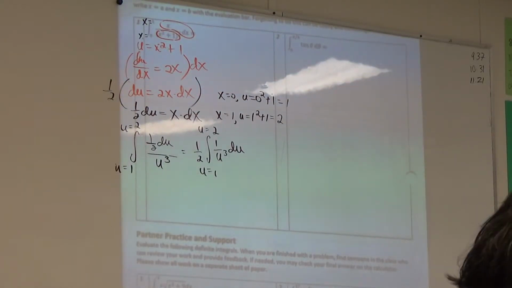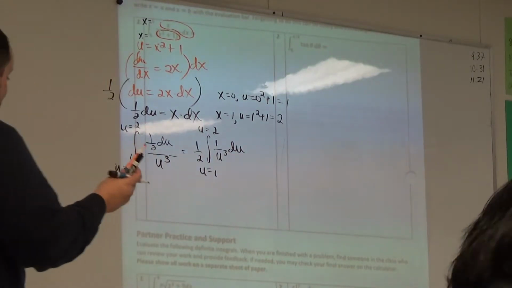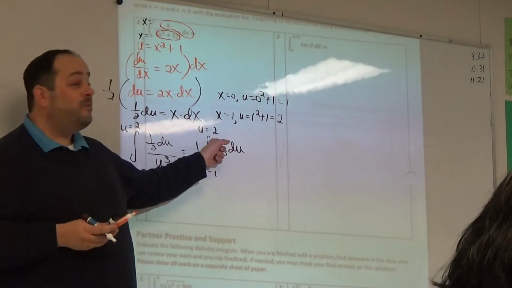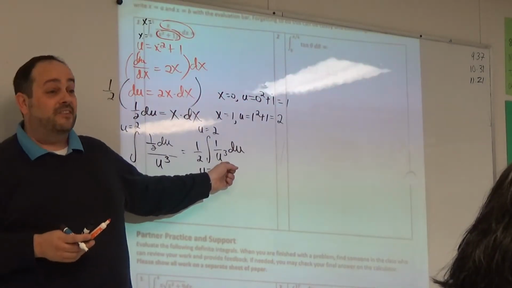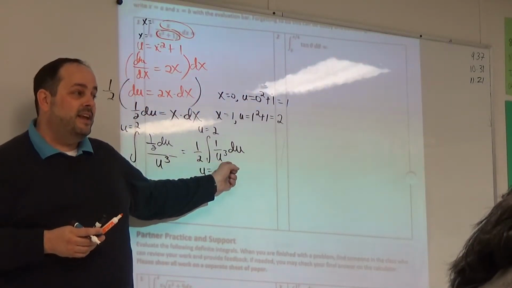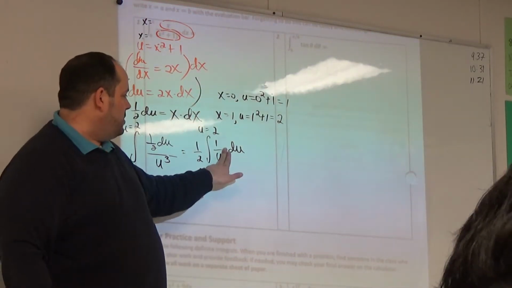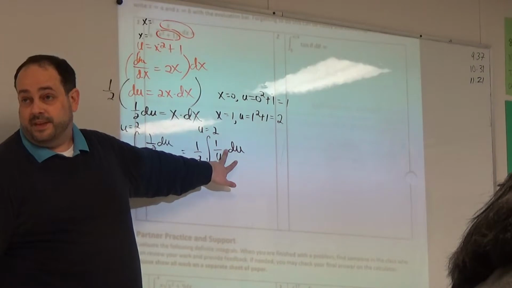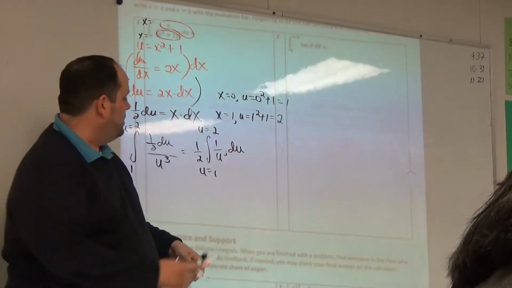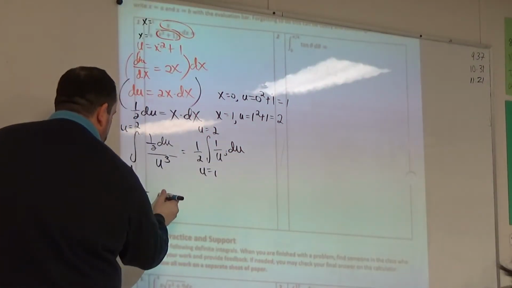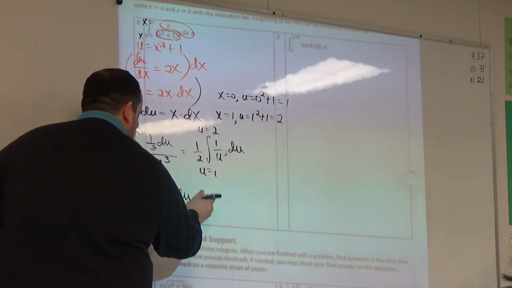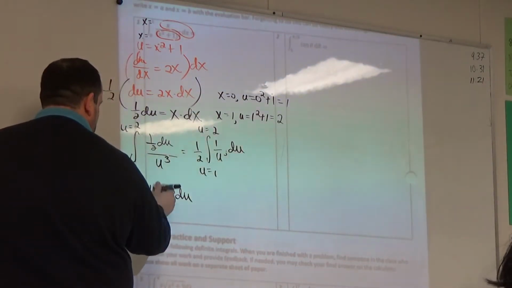And slow the roll. Someone in this room is having a bad, inappropriate thought. Somebody wants to say, oh, 1 over u cubed, I know how to find the antiderivative. Somebody wants to say natural log of the absolute value of u cubed. We are not going to do that. That would only work if this was 1 over u. The right thing to do is you've got to rewrite this. You're going to say, oh, this is u to the negative 3rd du with a little half in front